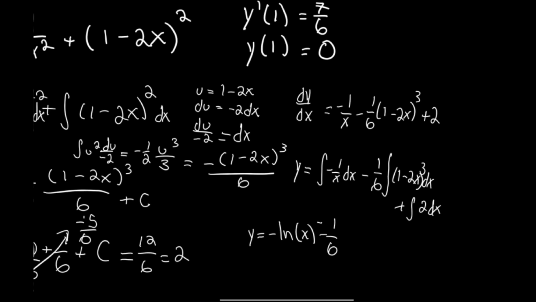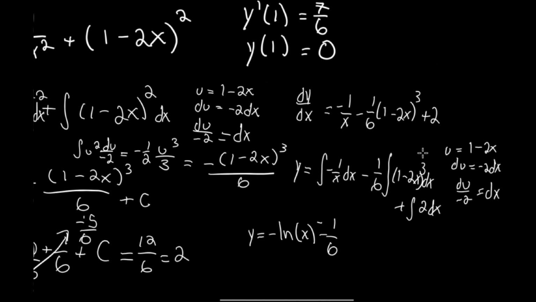Right here should be enough space. So we know that u is going to be equal to 1 minus 2x. The derivative of both sides is du is equal to negative 2 dx. So then dx is simply equal to du over negative 2. So then we can substitute this in into here,